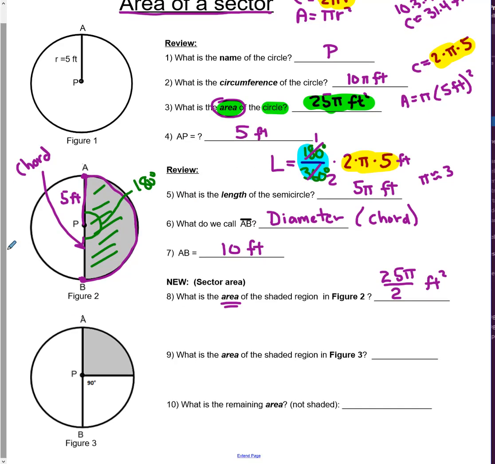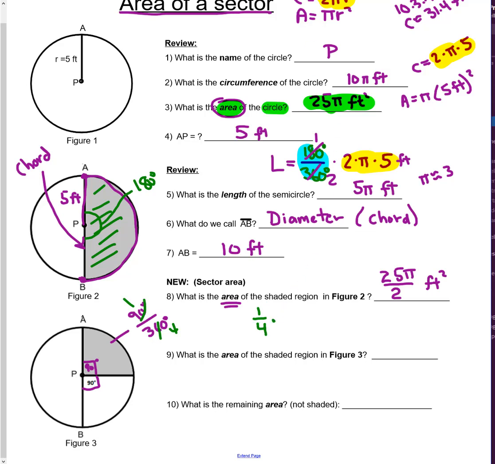Let's take a look at the next problem here. What is the area of that shaded region? Well, there's a 90-degree angle here, right? So that means there's a right angle here. What fraction of a circle is this? That's a quarter of a circle. Or if we wanted to be fancy, I could say the central angle is 90 degrees, and there's a total angle measure in a circle of 360. Oh, that's 90 over 360 times the area of a circle, right? So it's 1/4